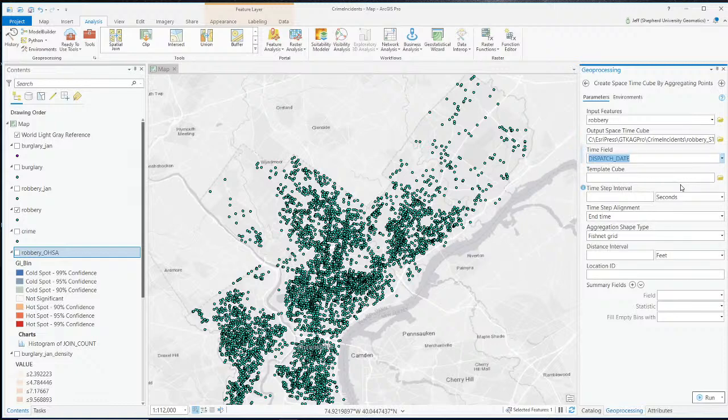And we're going to then aggregate our data into time slices that are each 1 month in duration. So what it'll do is look through our data, aggregate all the data in a given month, and create a bin for the data for that month. Fishnet grid, yeah, that's good. Okay, we'll keep the rest of the